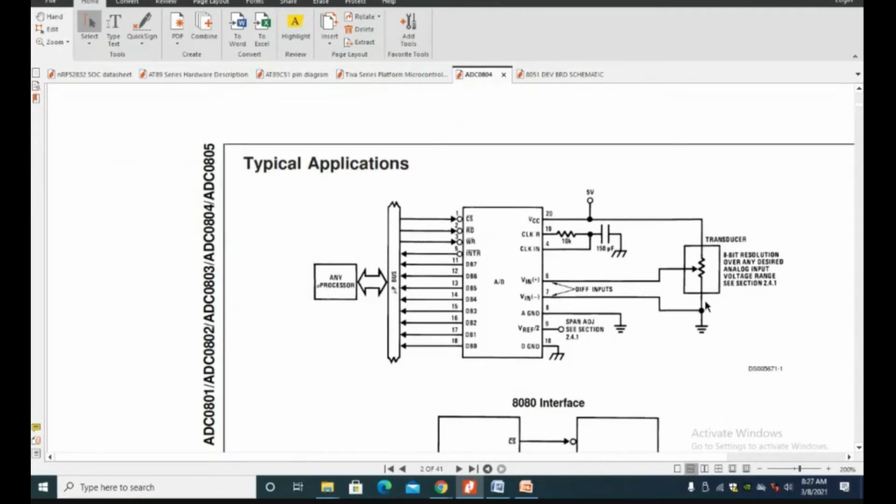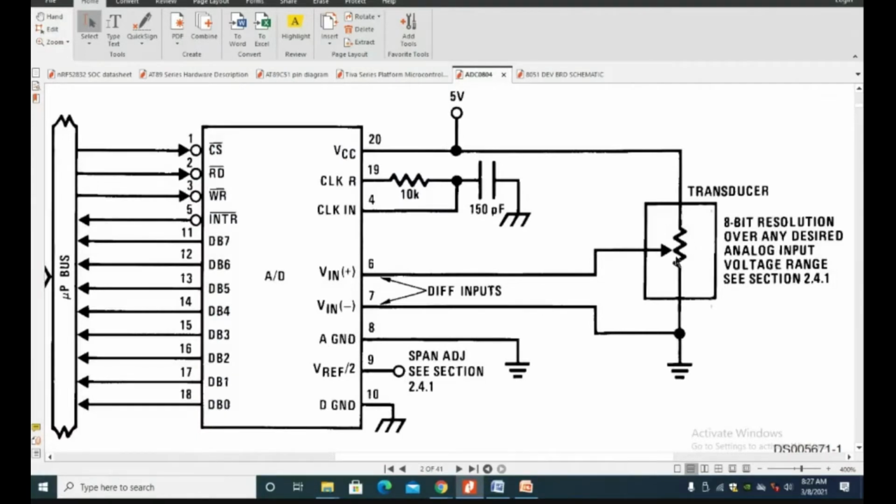You can see they are mostly using a potentiometer as the input. One end of the potentiometer is grounded, the other end is connected to 5 volts, and the knob output, the in-between output, is taken and given to the Vin pin. Adjusting the potentiometer knob from 0 volts to 5 volts, its equivalent digital output will be obtained on DB0 to DB7, which can be given to the microprocessor. We do the necessary code conversion and then give it to the display if we have one. If not, we send it through the serial port to the processor or CPU, and through the serial monitor we can monitor this. You can test it very comfortably.